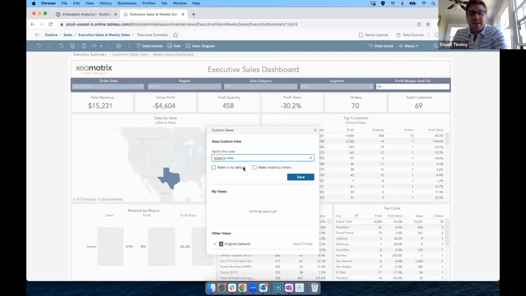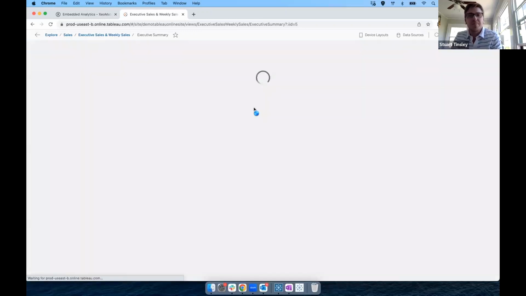So that's a great technique if you want users to save them time along the way. They pre-make these filter selections, save it, make it their default, and they can always go back and view the original right here, right? So I'll make it my default, and I'll show you what that looks like when it